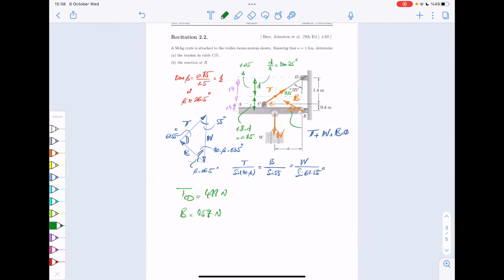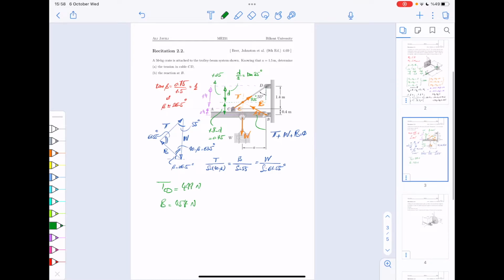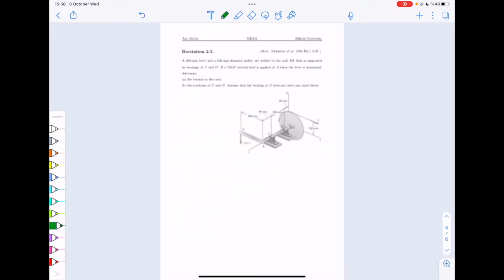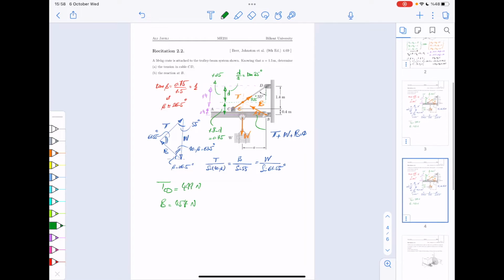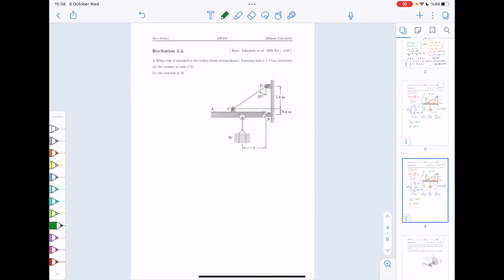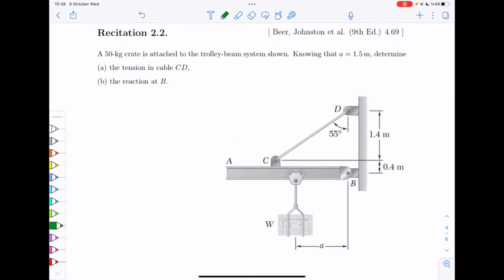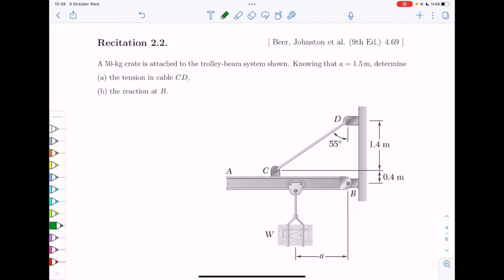So this is the first way of doing this. And it's perfectly fine if you prefer to do it this way, but also now I want to do a more familiar way of doing it, so not this geometrical shortcut. Okay, so now we look at the same problem again. Let's think about it this way. If again you cut the system the way that we just said,